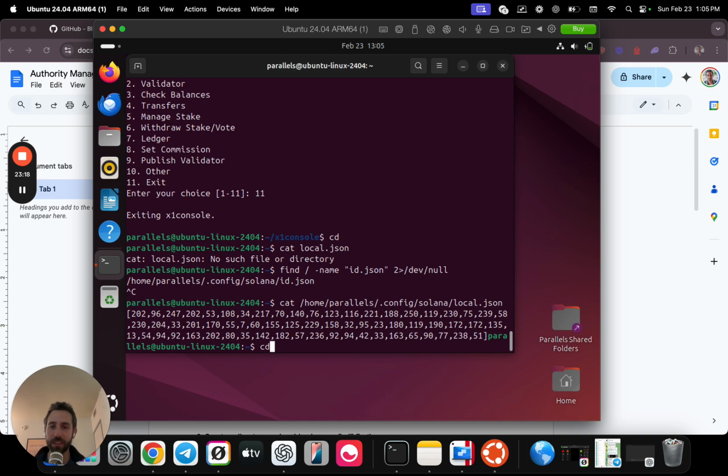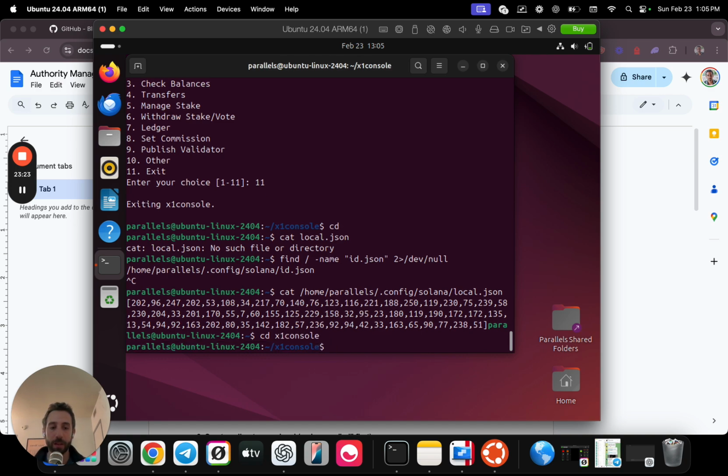I'm trying to think if there's anything else real quick before we go. Let me just show you one more thing. If you do want to change something, let's say you start with local. Actually, this is a perfect example. Let's say you start with a local.json, right? That's the authority wallet withdrawal authority. But you now want to switch it to Ledger. Let's say you got your virtual machine working, it hooked up nicely to Ledger, and now you want to transfer it. So what you'll do,